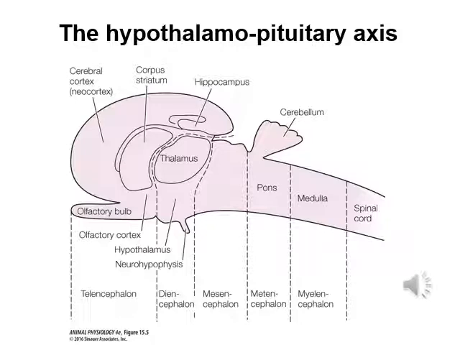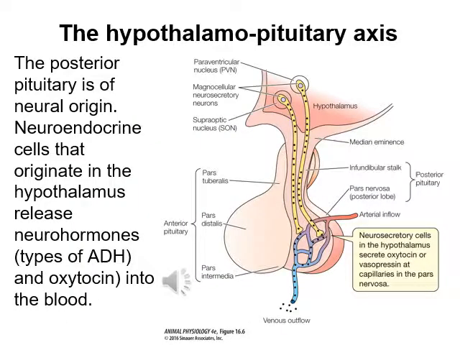Below it you can see a structure called the neurohypophysis. This is also called the pituitary gland. They are physically connected, so this acts as a connection between the nervous system and the endocrine system. This is a diagram of the base of the hypothalamus and the pituitary gland. The pituitary has two sections, the anterior and the posterior.